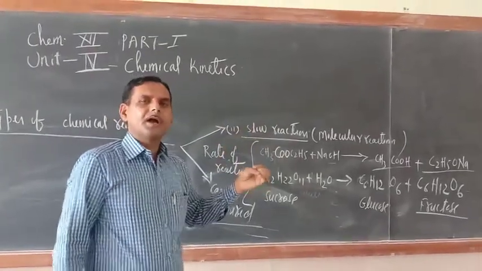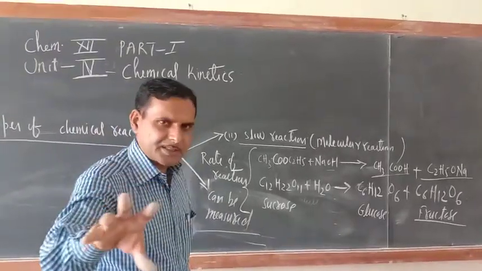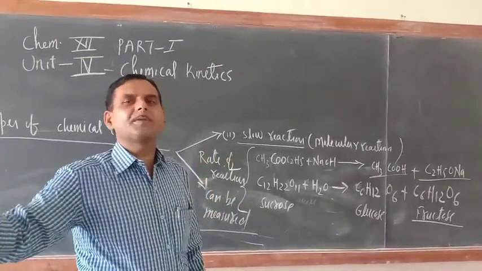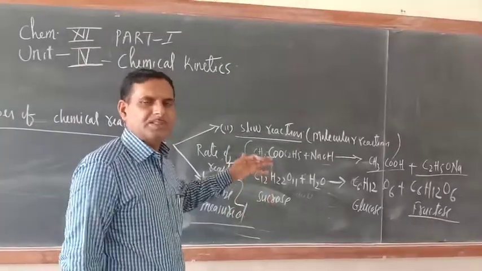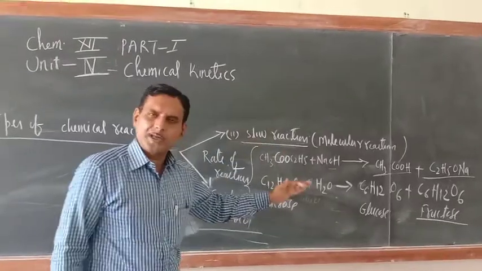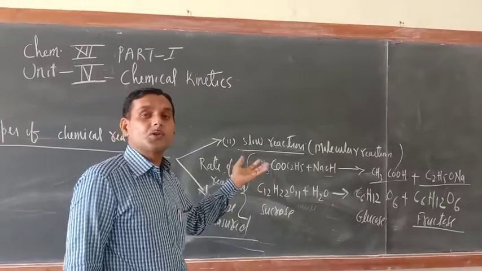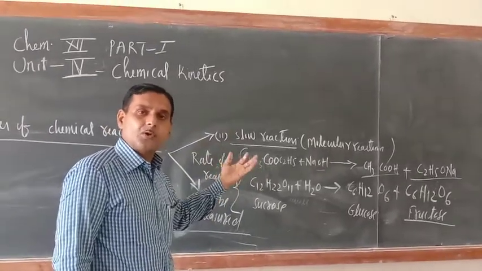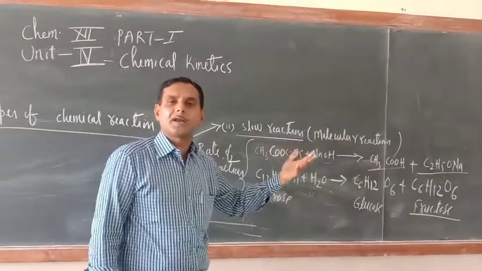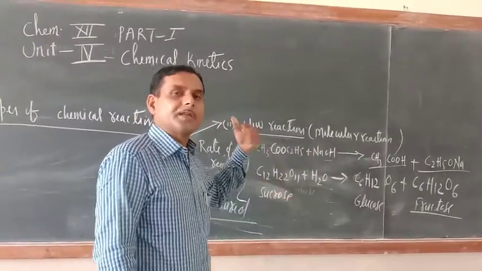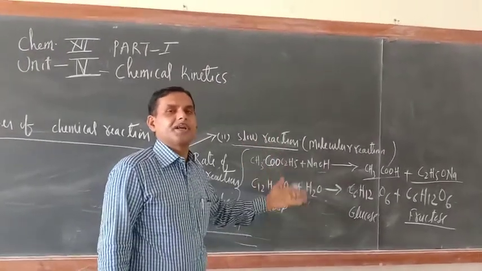So the conclusion of the discussion so far is, for ionic reactions, rate of reaction cannot be measured because they are completed within a fraction of a second. While for slow reactions, rate of reaction can be measured because they are taking place slowly. And why are they taking place slowly? Because molecules are involved, and when molecules get broken, their old bonds get broken, then only the reaction will be over and we can measure the rate of reaction.